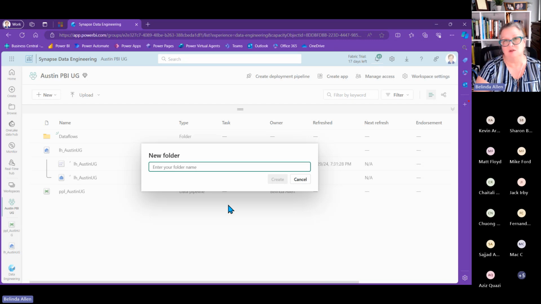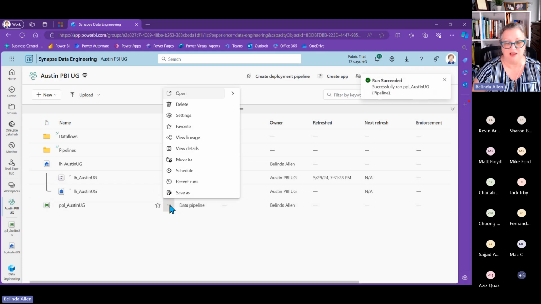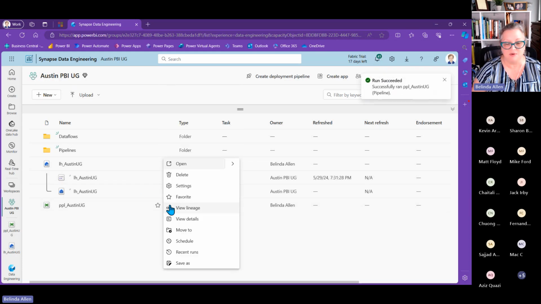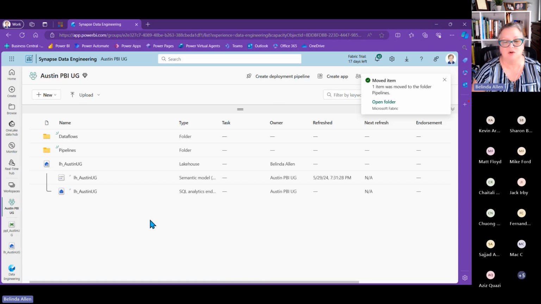And it just makes it easier for me when I'm working in a workspace, but however it works best for you. So here I'm going to put in pipelines. I'm not really moving it anywhere except the way it is visibly. So I click on this little option, the ellipsis here, the 3 dots. I'll click on move to, and then I could just simply move that. And this is just a great way of cleaning it up.